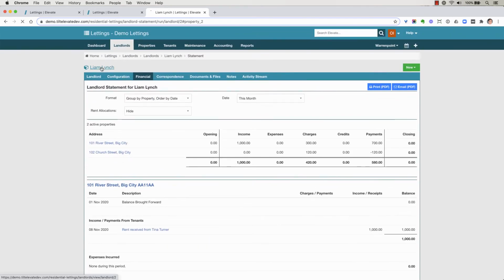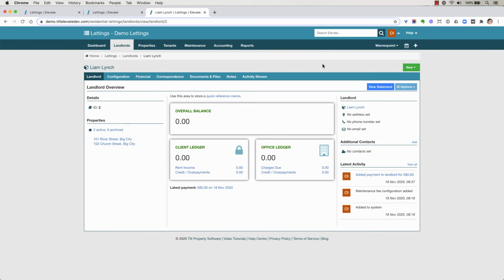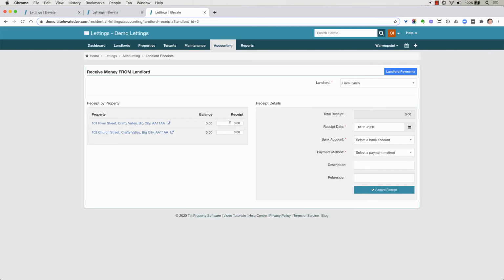Having looked at making payments out to the landlord, it's equally possible to receive money from the landlord. For example, if they don't have any rental income and you need to pay a charge before any more income will be received from tenants. Alternatively, it may be a payment on account to maintain some sort of float. From the landlord screen, click Options, Receive Payment, and record a payment against one or more properties. This will then be stored as a credit on that property's account,